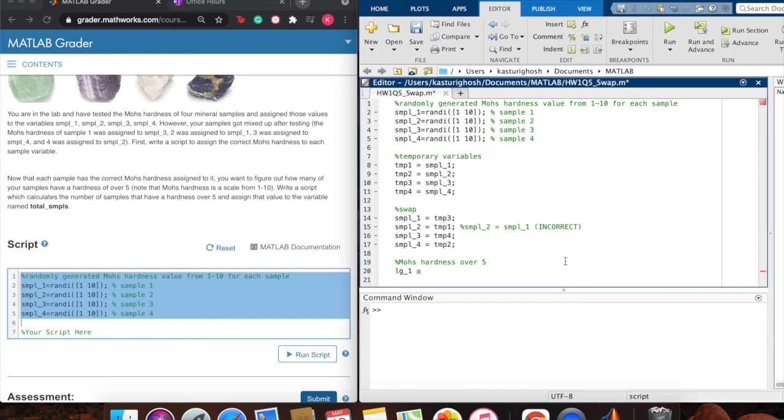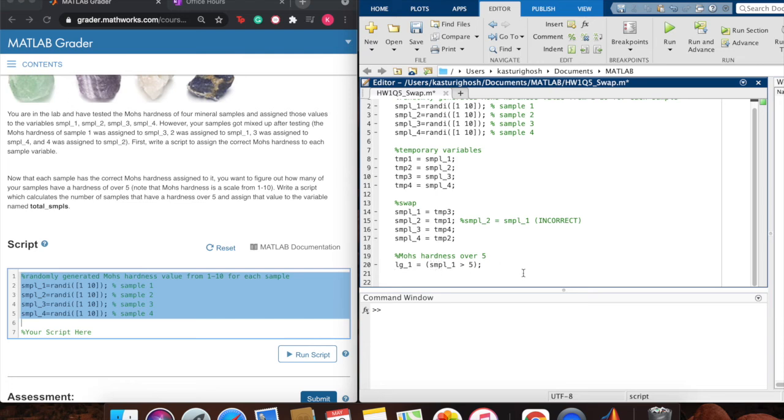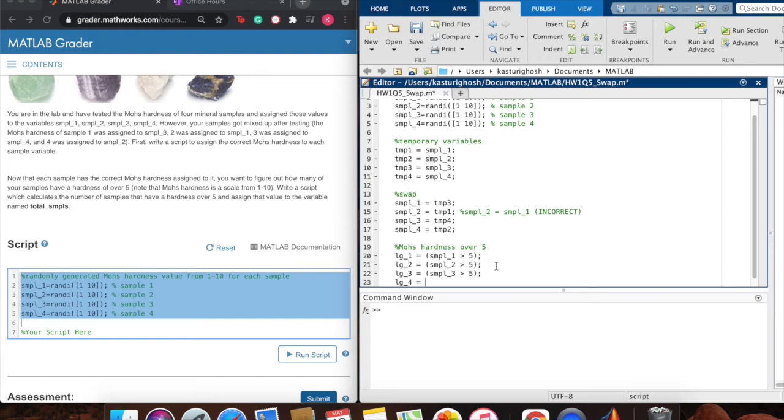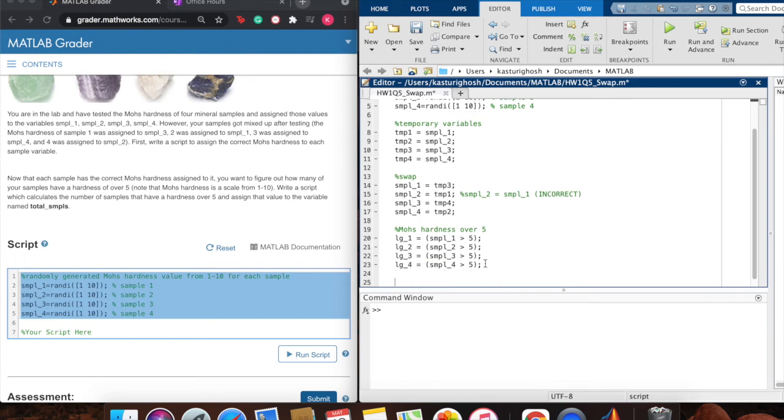And this is going to contain whether the sample 1 Mohs hardness is greater than 5. What kind of output is this going to give me? This is going to give me a logical output. If sample 1 is greater than 5, it's going to return a logical 1. And if it's not greater than 5, it's going to return a logical 0. And I'm going to do the same thing for all of them. So now I have 4 logical values telling me if samples 1, 2, 3, and 4 are harder